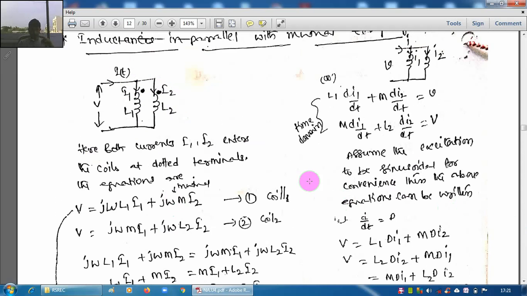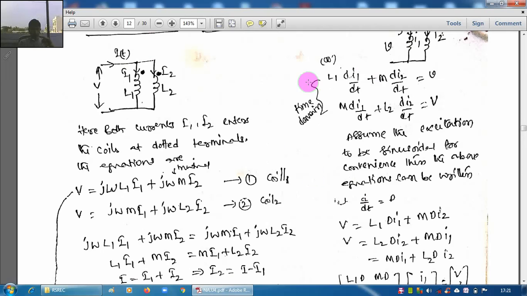The parallel opposing case is also similar. For this also we can determine the total inductance just by writing the KVL equations, the voltage equations. Now this is a parallel circuit, so this voltage and this voltage will be equal to the supply voltage V. But the voltage in coil 1 is equal to the sum of two EMFs, self EMF and mutual EMF. That is written like this, V equal to, you see here, if you write the voltage equation like this,